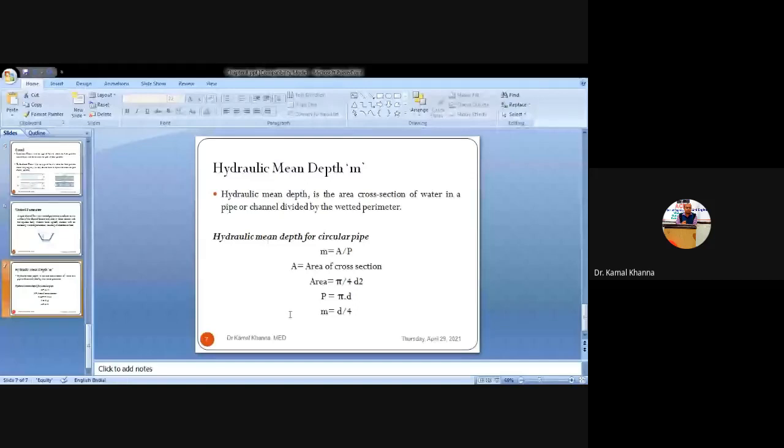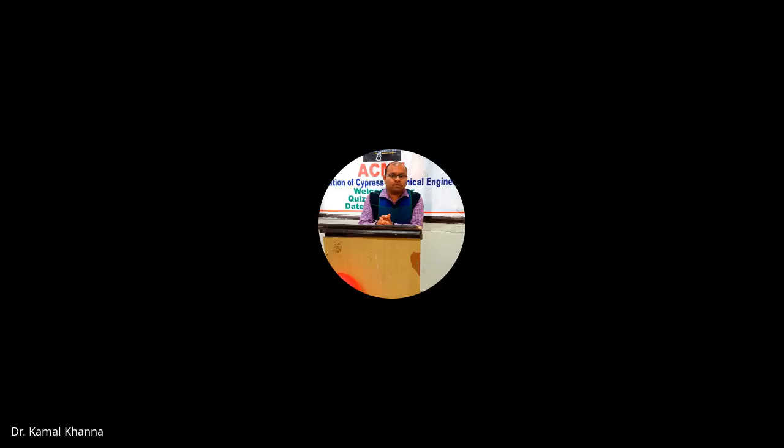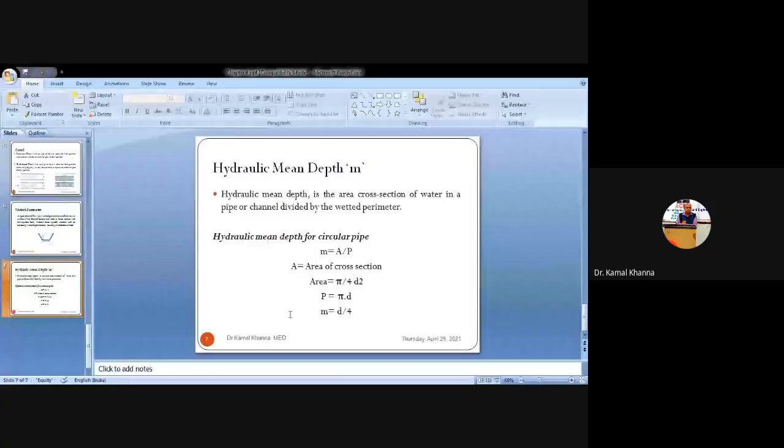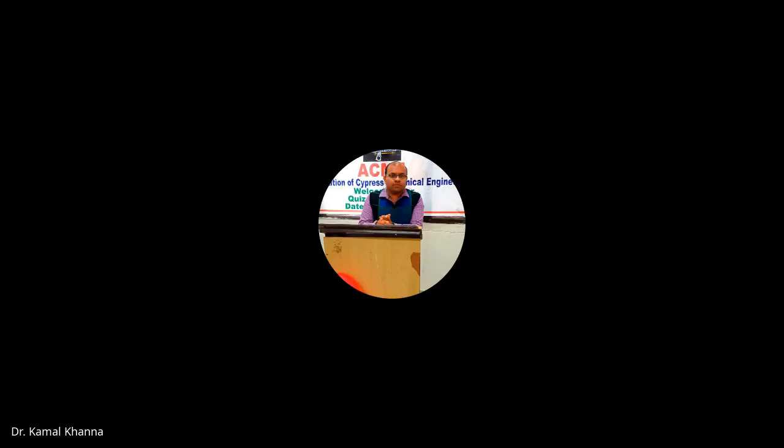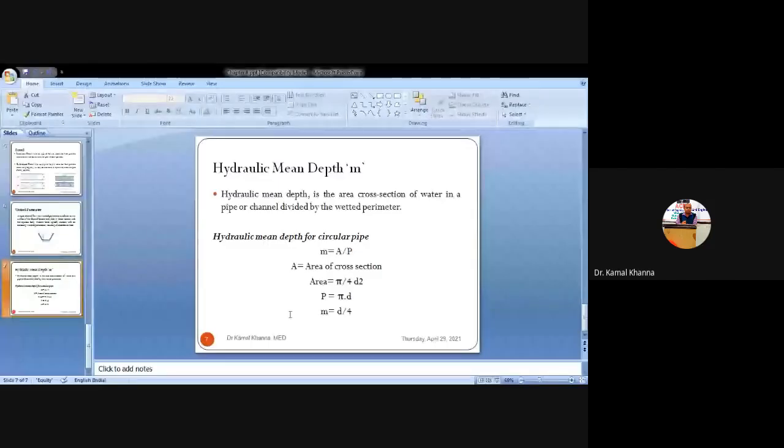If you are considering the circular pipe, the area of the cross section will be pi by 4 d square, or you can say pi r square. If you put the value of r as d by 2, it becomes equal to pi by 4 d square. Similarly, the perimeter of the circular pipe will be 2 pi r or pi d. If we have written the area in terms of the diameter, then we have to write the perimeter in terms of the diameter. So if the area is pi by 4 d square, then the perimeter of the circular cross sectional pipe is pi into d, or you can say 2 pi r.